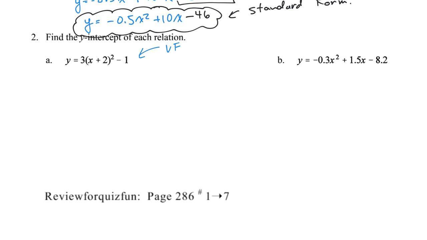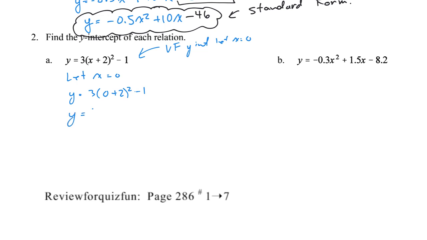So if we have the vertex form, in order to find the y-intercept, we need to let x equal 0. So let's do that. So if we let x equal 0,